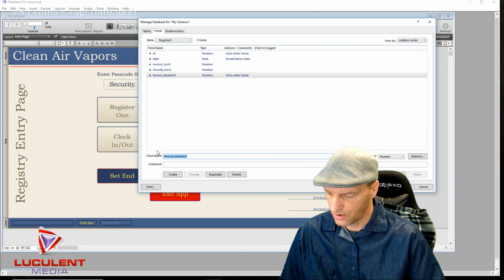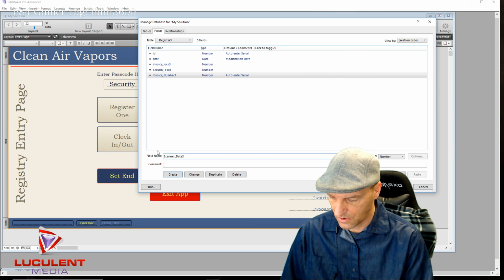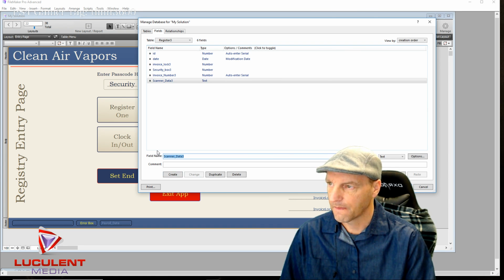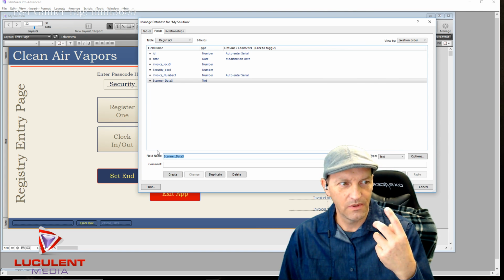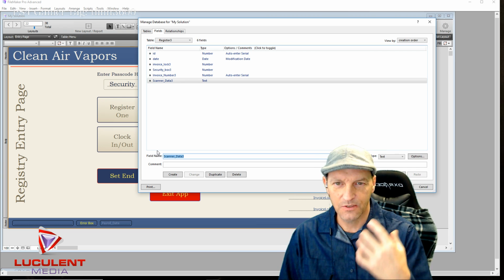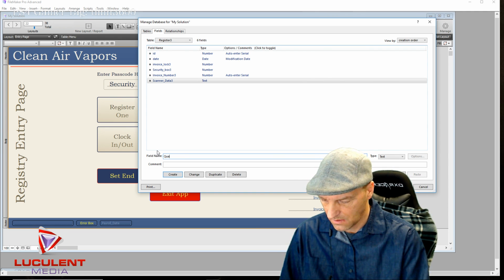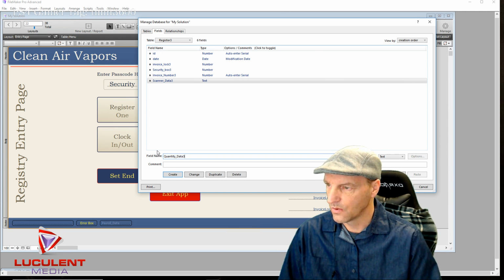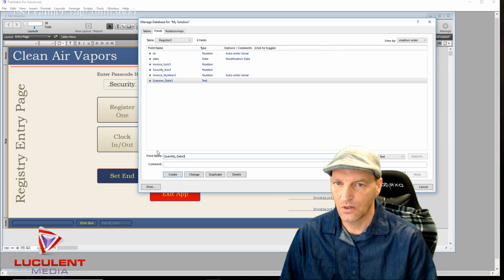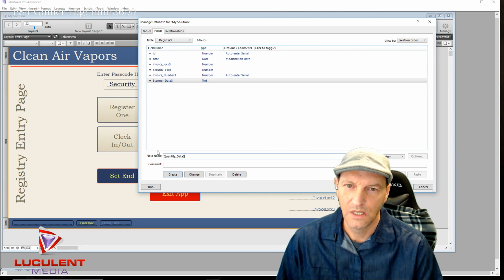Oop, that one wouldn't do it. Scanner data 3, which is a control T. And I'm just adding these on there so that I know that they're the 3 series, that they're all going to go into the same thing. Quantity underscore data 3. It is also, oh, well, that's actually a number, control N. So it doesn't,